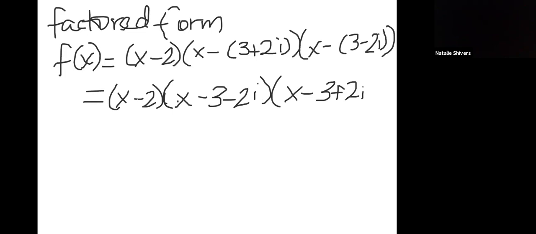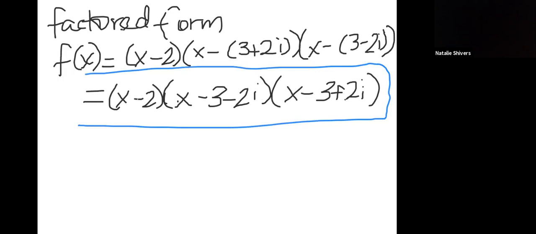Some students go straight to the answer, write this one as their answer, and don't show the work of the line before, and that's okay. If you've done enough problems after doing the notes, the classwork, and the homework, and you're like, hey, I got this, I don't need to write out this line, no big deal. Just make sure that you write it out in factored form. That's a big deal. That'll lose you some points on a test or a final exam. Okay? So that should be it. There's really only 3 major problems. And I'll let you know